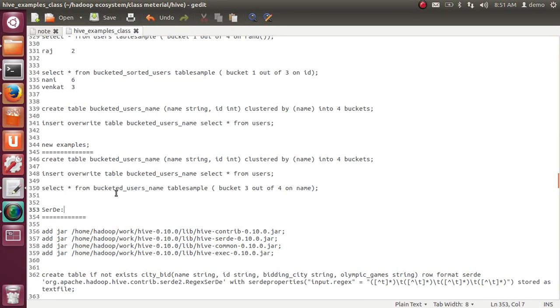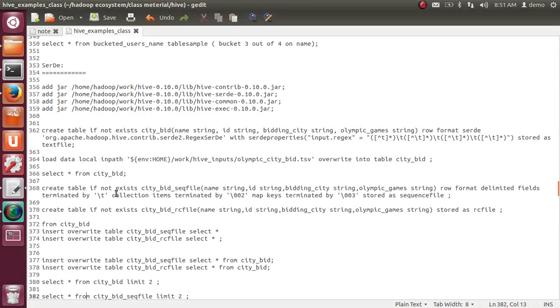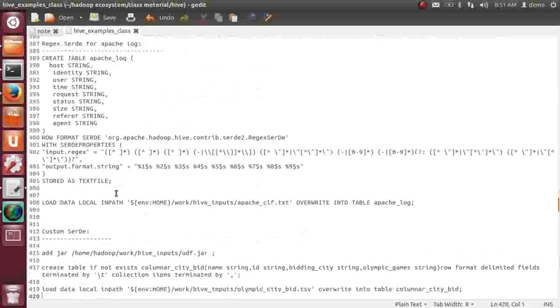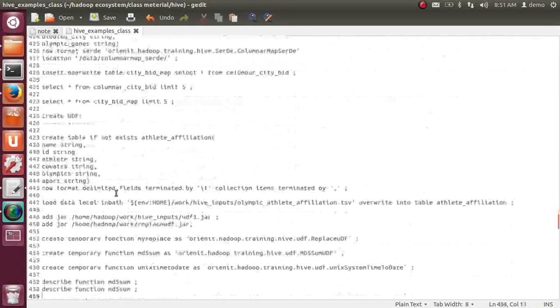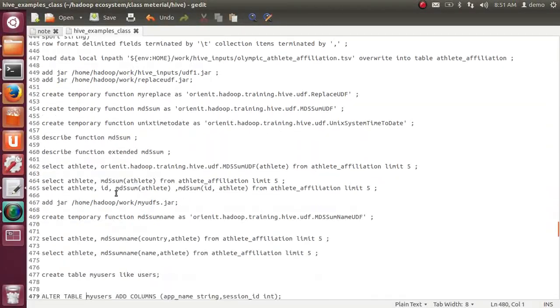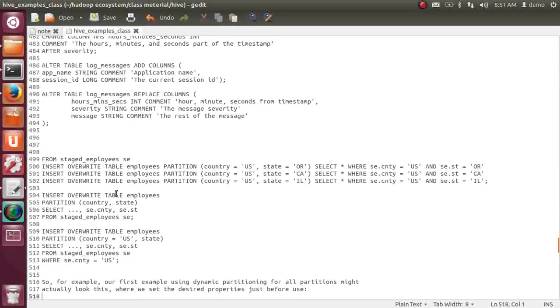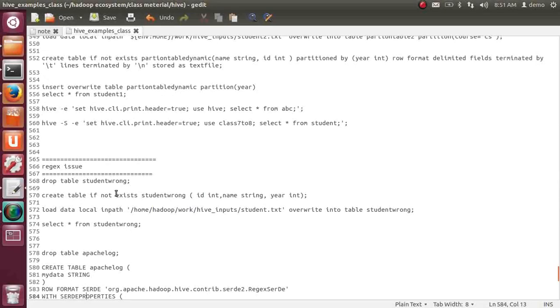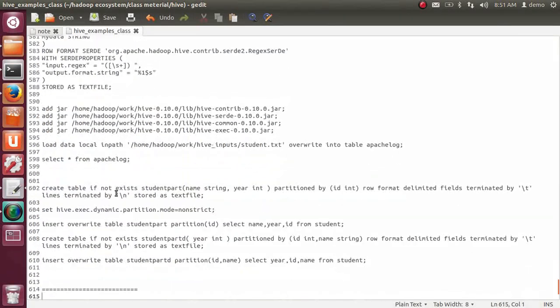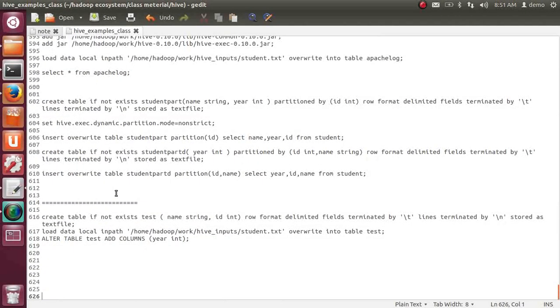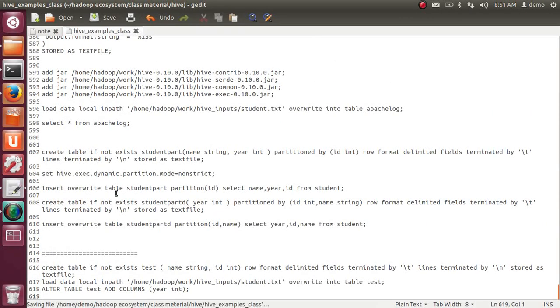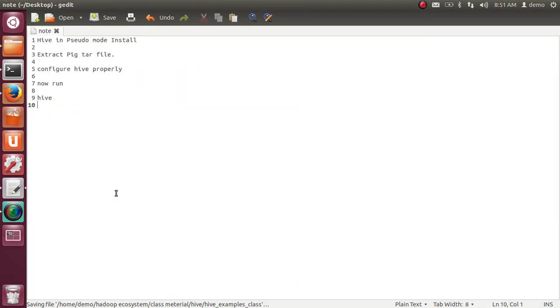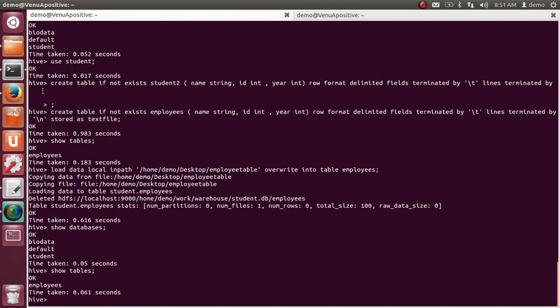That's enough. Okay, it is SerDe. It is too important. Okay, SerDe and custom SerDe, nested SerDe, and also JSON SerDe, regex SerDe, and many more. Not only one or two. There is a lot of information in this documentation. You can follow it. I hope you understand everything about Hive and Pig.